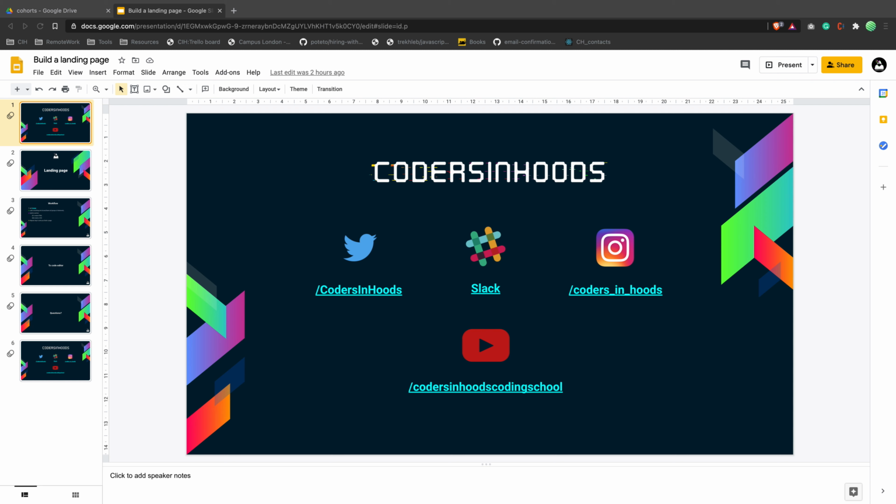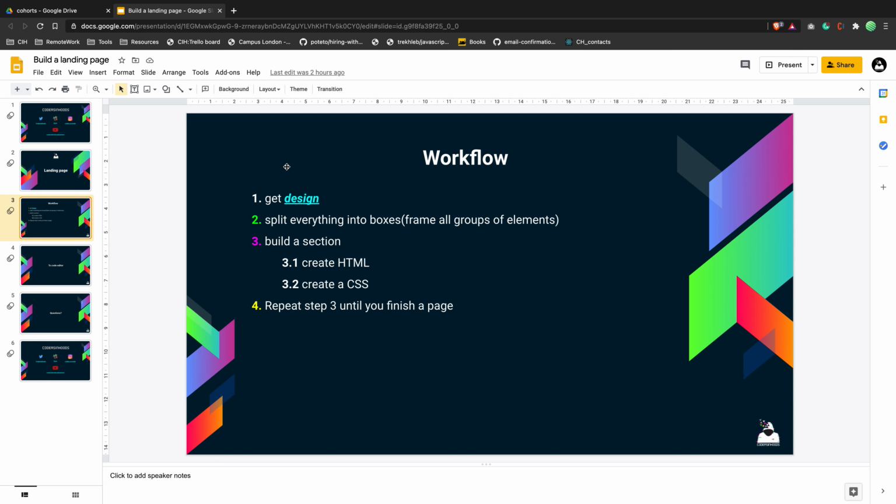So let's start with the actual plan for today. We want to have a design, which we have. I will open it in a second. Then we will split everything into boxes. We call it framing. You take the design and convert it to boxes to understand what kind of groups of elements you want to create. And then we start building HTML, then we start CSSing,